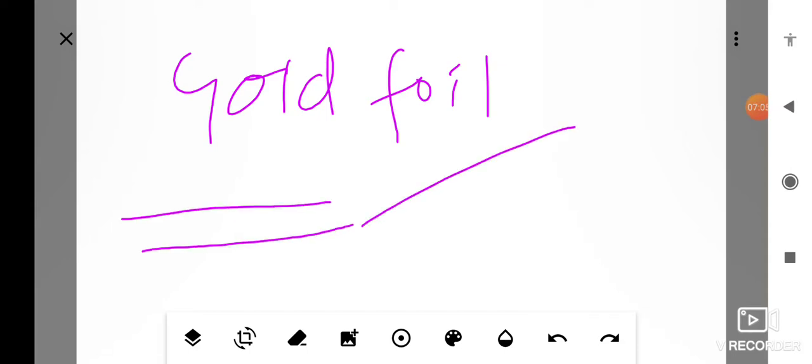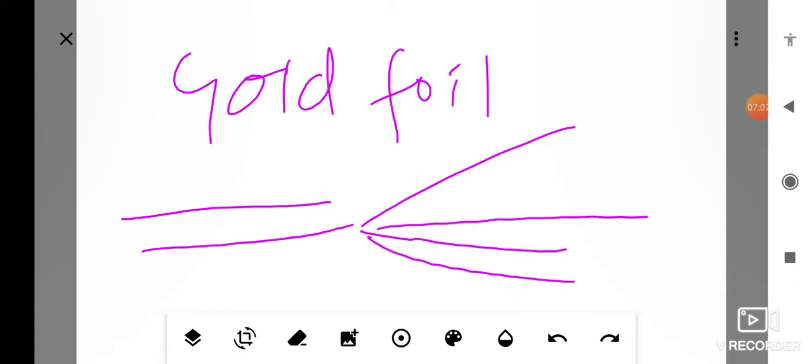See, from the theory of alpha scattering, we can observe that most alpha particles pass through the gold foil undeflected. Although the majority of alpha particles suffered no deviation or small deviation, a few of them, see, all alpha particles are not deflected. Some are deviated and make an angle of 90 degrees.